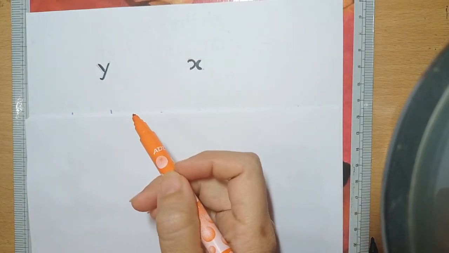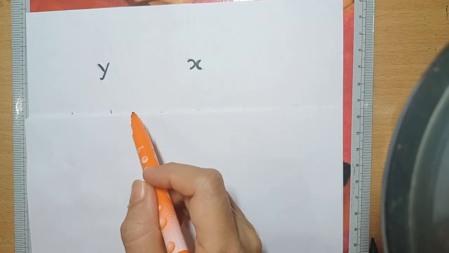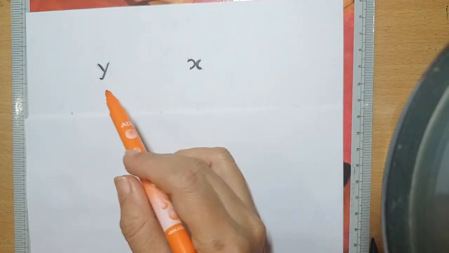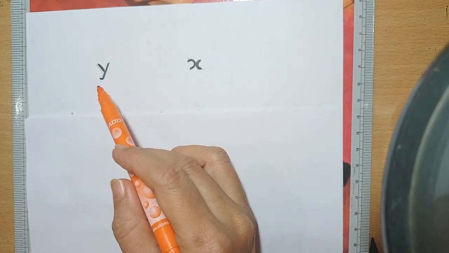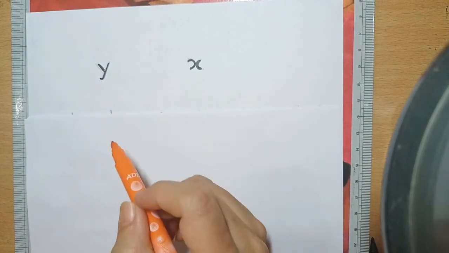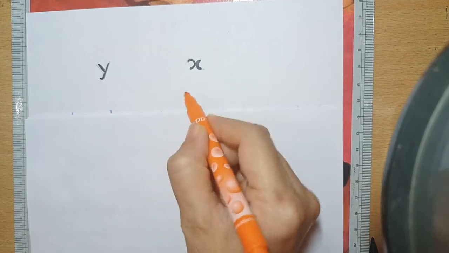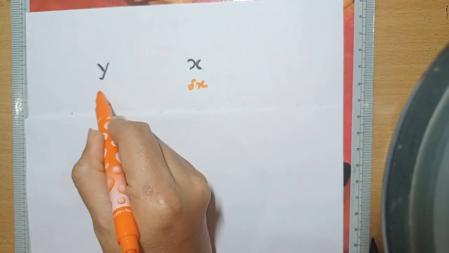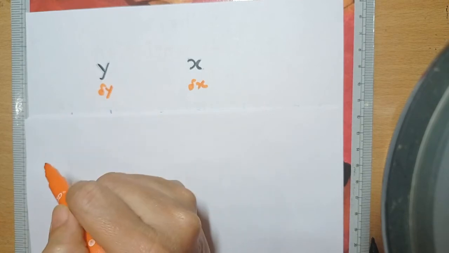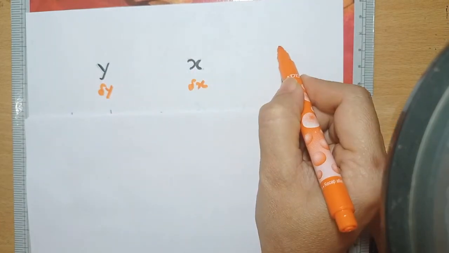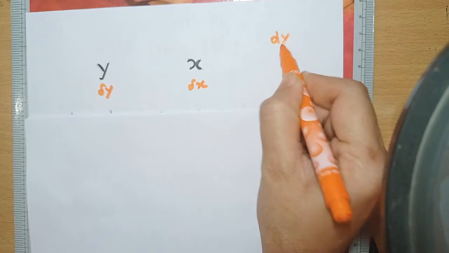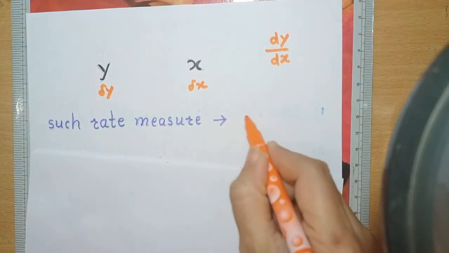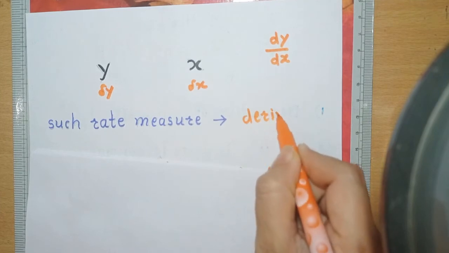In environment, many things depend on other. Here we are considering two variables x and y, and we will assume that y depends on x. So if there is a small change in x, then definitely there will be a change in y. So the rate of change of one varying quantity with respect to other is called a derivative.